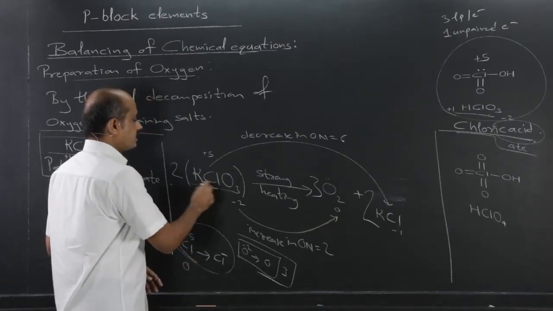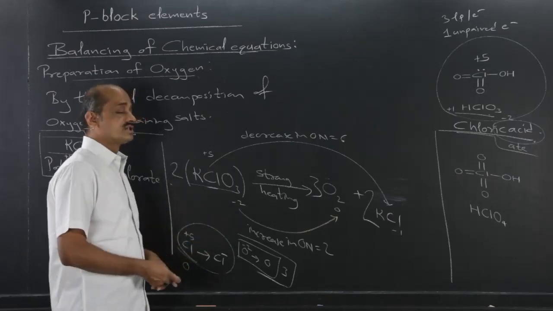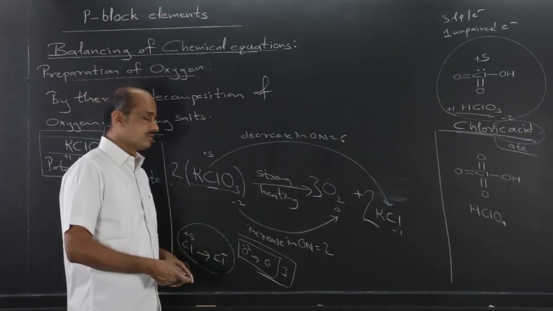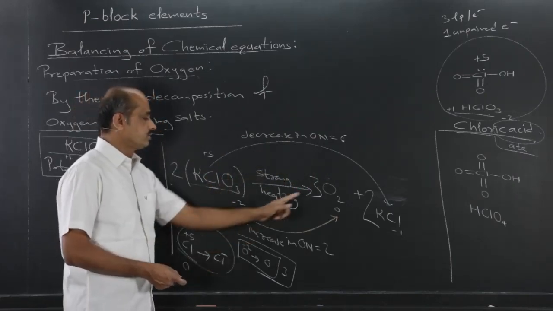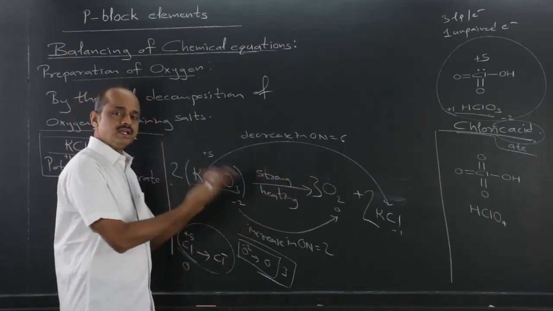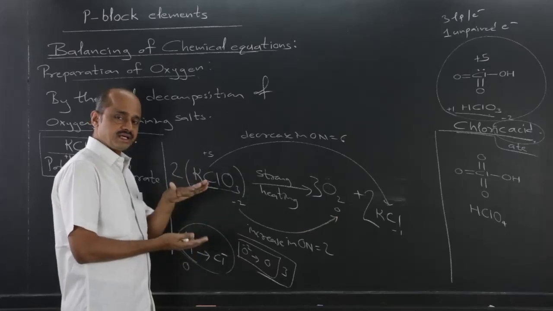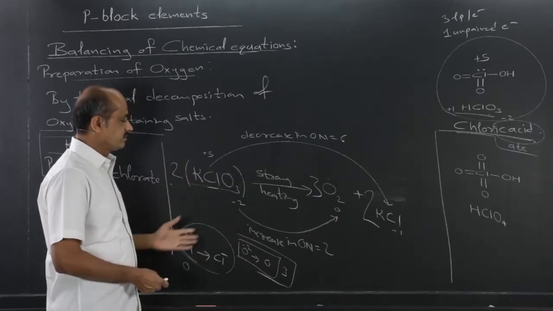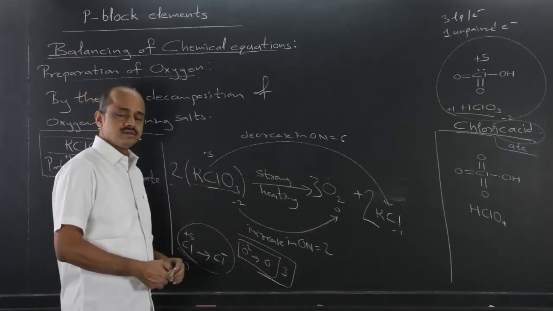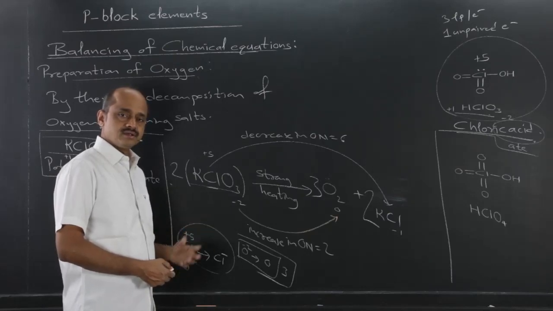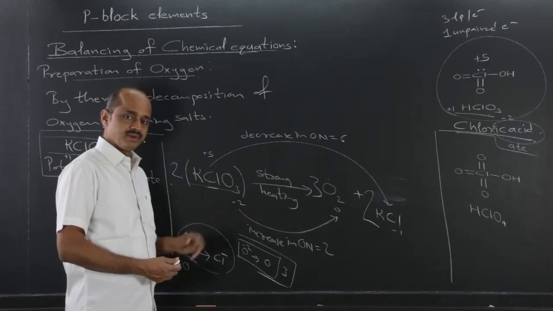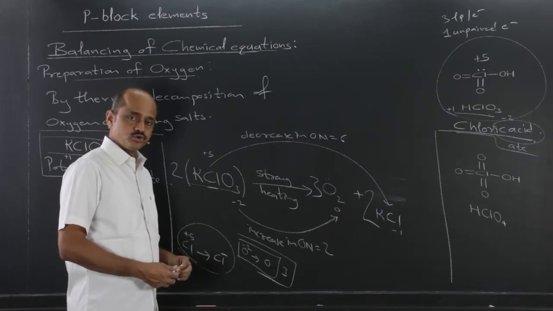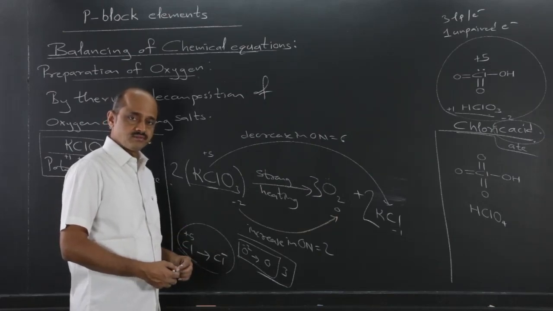It is possible with chlorine because the stable oxidation state of chlorine is minus 1. So plus 5 changes to minus 1 and minus 2 changes to 0. If that total increase and total decrease is in our mind, then balancing becomes easy. And if we practice it, automatically this will get fitted in our memory. Then there should be no objection to the extra memory part.